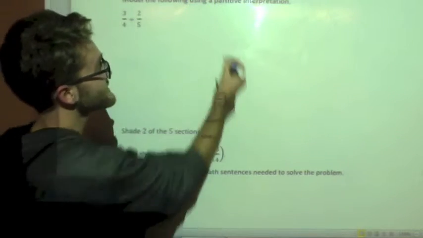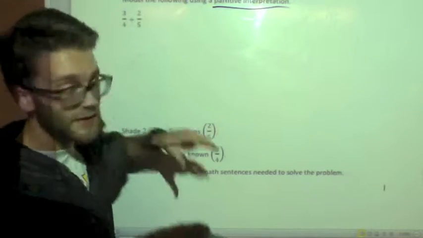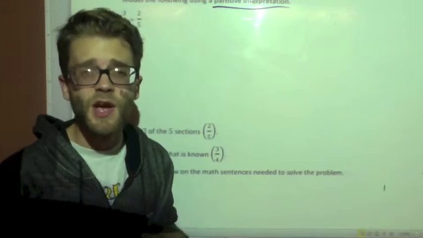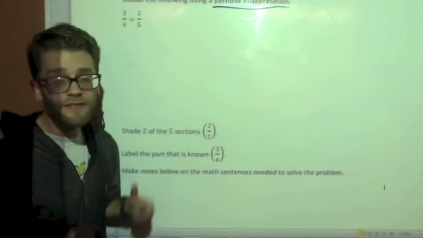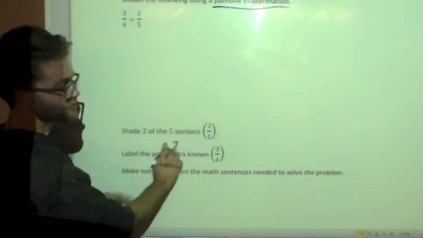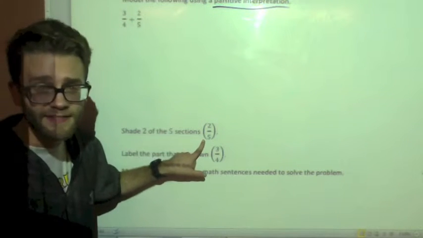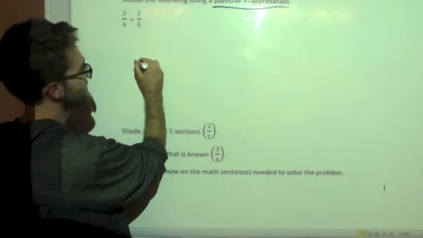This is the partitive interpretation. What that means is we're not going to take 3/4 and divide it into 2/5 sections. We're going to ask ourselves, 3/4 is 2/5 of what? So the first thing we need to draw, you can see right here in the steps. It says shade 2 of the 5 sections. So first we're going to draw ourselves a model